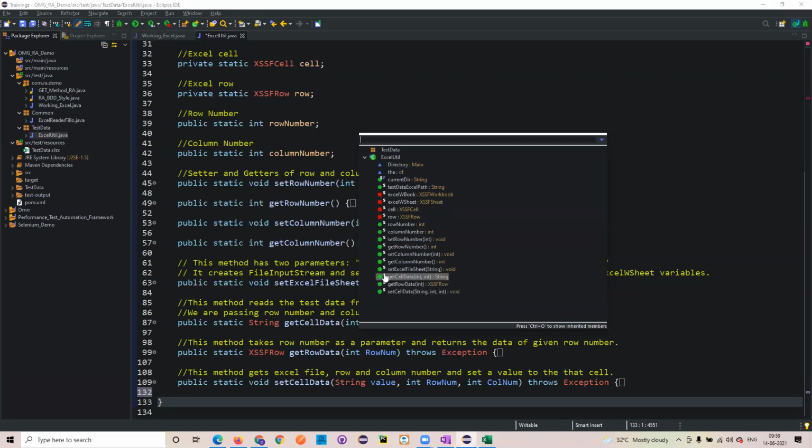Now, if you see here, the first method is get the column number, and by the name itself you can understand. So we are getting the column number, and set the file sheet, meaning which file sheet I need to work on, so this particular method will do it. Get cell data: respective to that particular cell, you are getting the data. And get the row data: whatever row we wanted to get, that particular row data comes with this method. And set cell data means you wanted to write this particular data to that particular cell. So you will be using these particular methods.